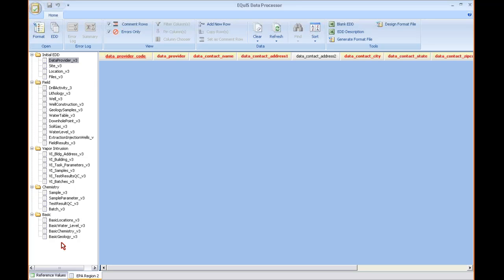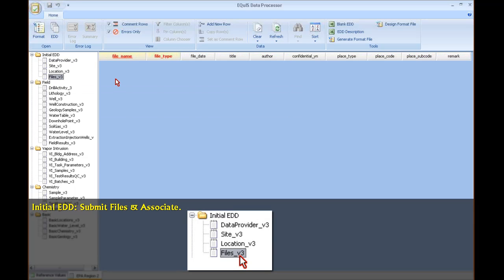Okay, so this is what we were looking at before. We have the initial submittal up here at the top. And again, we just group these all together so it's a little more obvious that this is the initial submittal. The files section here, this is what I was talking about, how you can add files to submit. Even though this is part of the initial submittal, because what they'd like to see in the initial submittal is a DXF file, you can submit